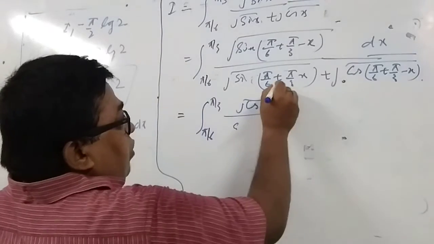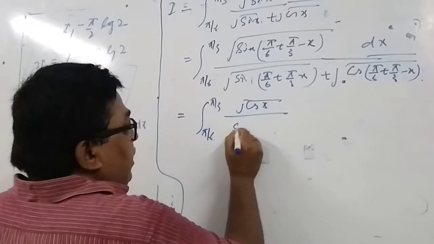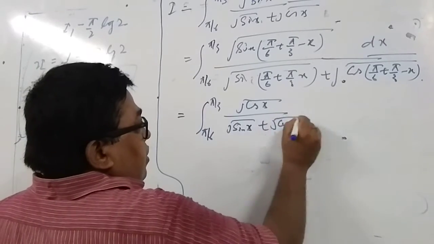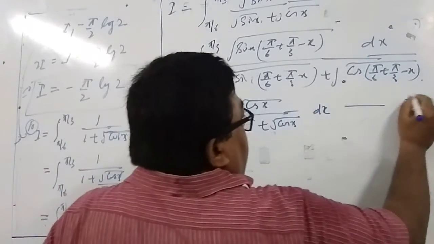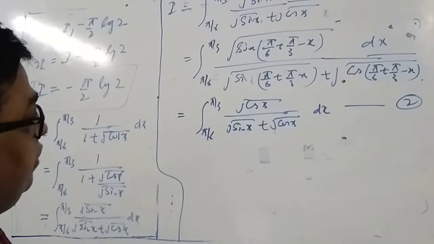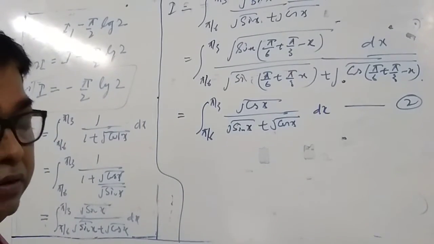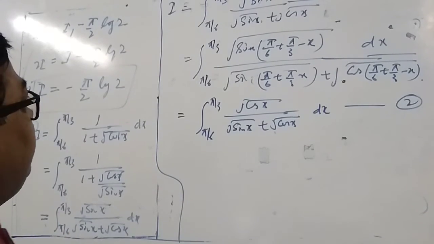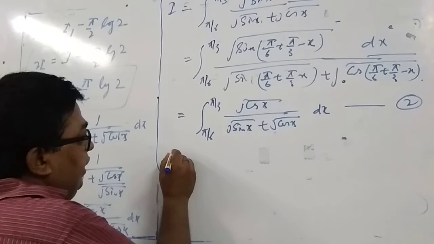So finally this will convert into cos x, and this will convert to cos x. This is also sin x. Finally root cos x upon root sin x plus root cos x dx. This is equation number 2. Again the same procedure as I told you in question number 7, the very first question of chapter 7.11. Adding equations 1 and 2,